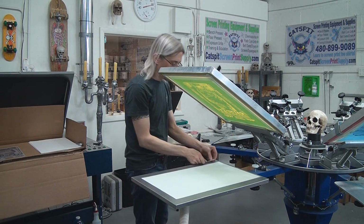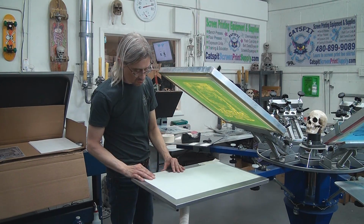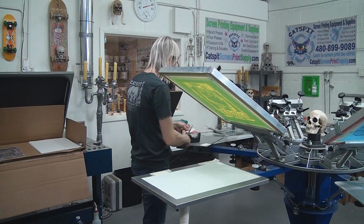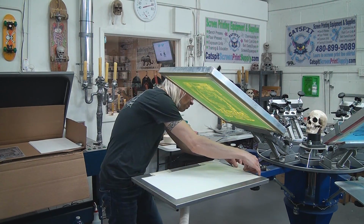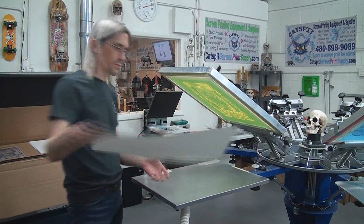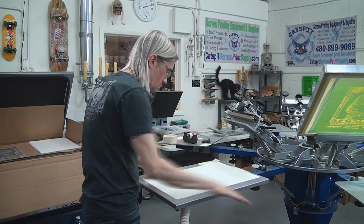So I'm cutting little pieces of cardboard, and then I am adjusting them, putting them on there with some masking tape, and then I will make some adjustments. So you can see I use 3. That's all you need. 2 on the long side and 1 on the short side on the bottom. Okay, and then I am going to check the positioning. And that's it. So I go through a few little checks and just make sure that everything is in